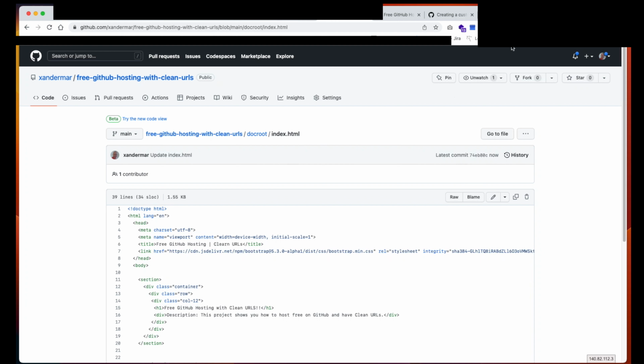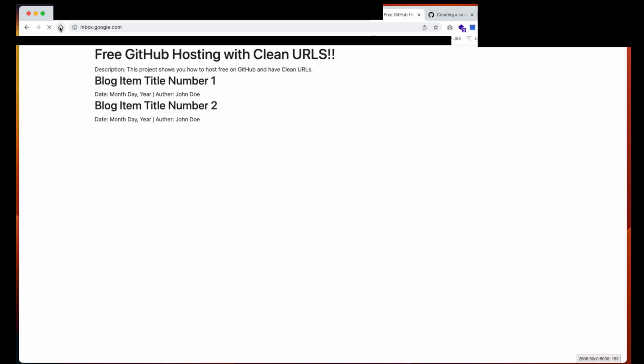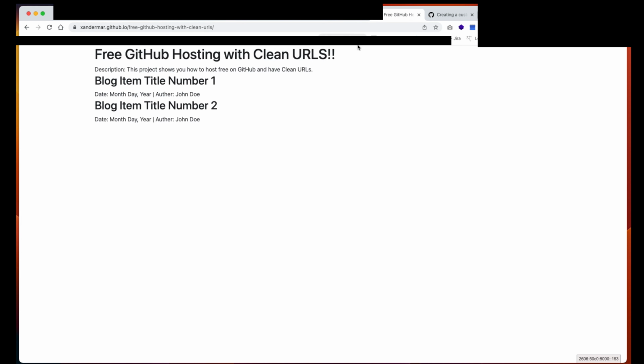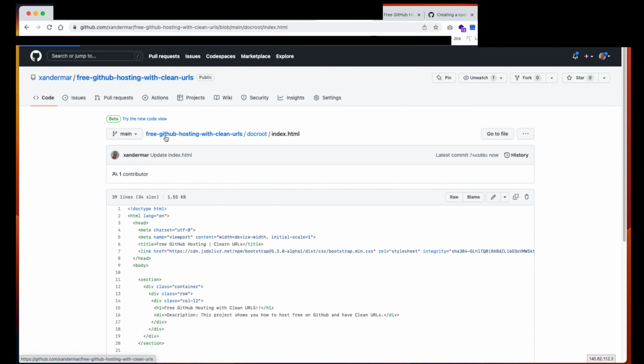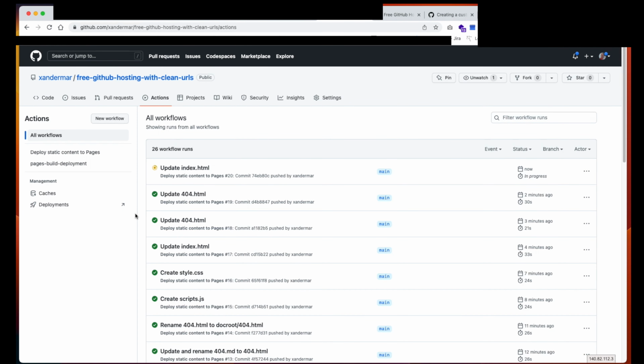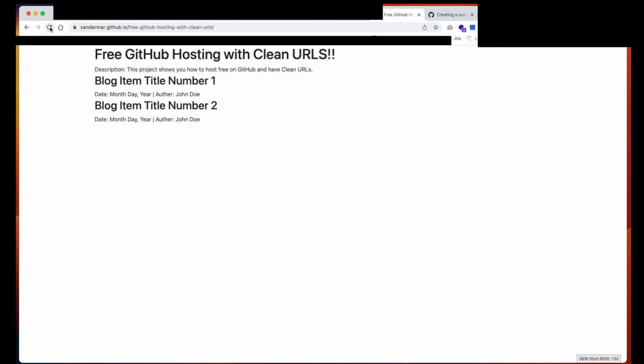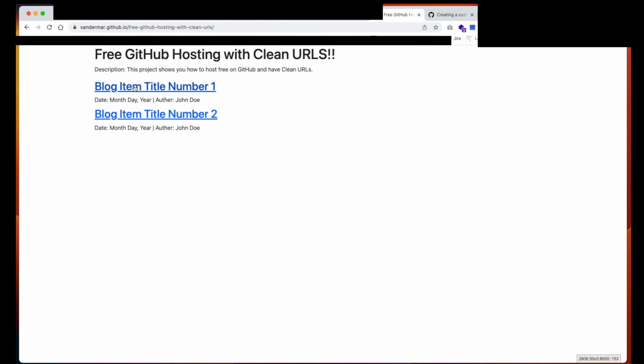And while Actions is doing its thing, let's go over and see how we're doing. Yeah, there's our 404 page. All right, so our 404 page now says blog item number 1. So this is going to be filled in with dynamic information, right? With our Actions doing its thing, because we did links on the index page, we're going to have a little bit more legitimate links here. So link number 1,